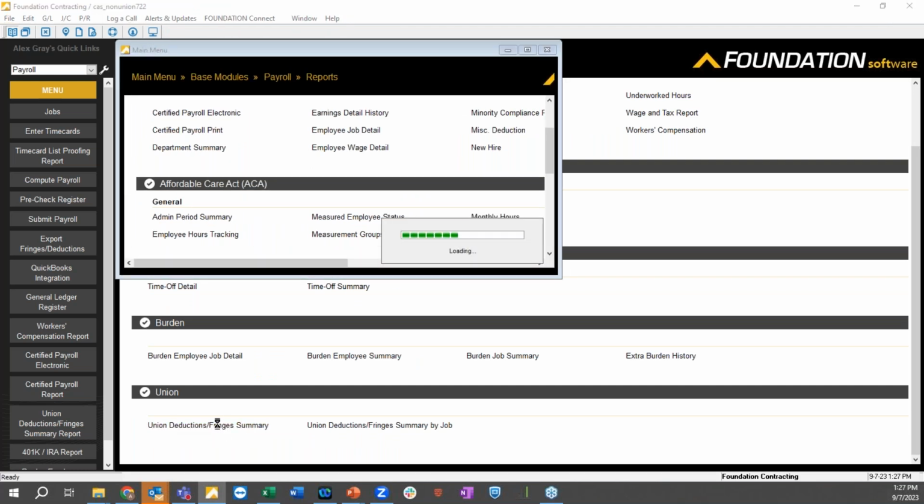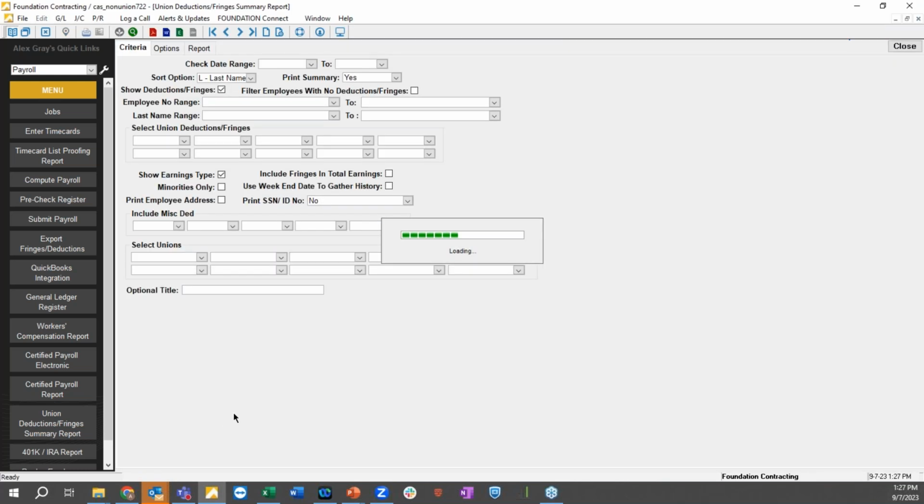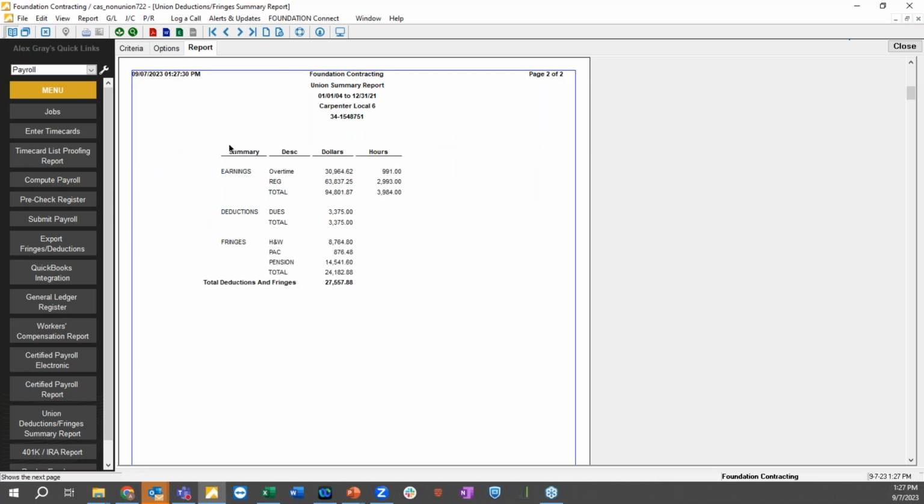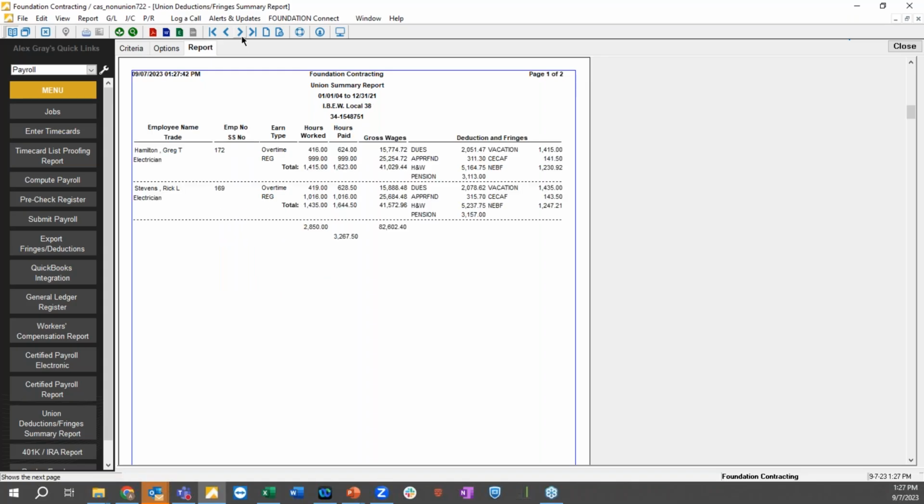Then another big one for my union contractors here today. Those union information, where we stand here, run the report. You're working with one union, multiple unions, going to be able to track however many unions we're working with here, have all of my employee information and trade broken out, where the next page is giving me that overall where we stand with that union, overall bottom line, cut the check, pull this outside the system, send it off, your union is then paid. Again, to show you multiple unions can be broken out and tracked inside the system here.